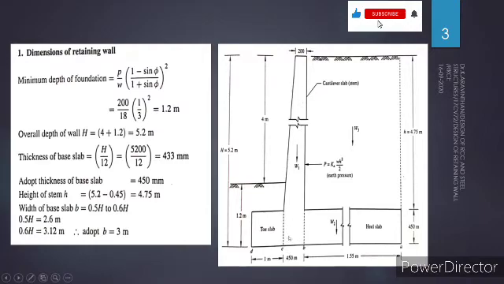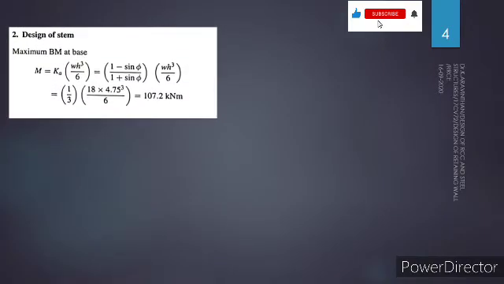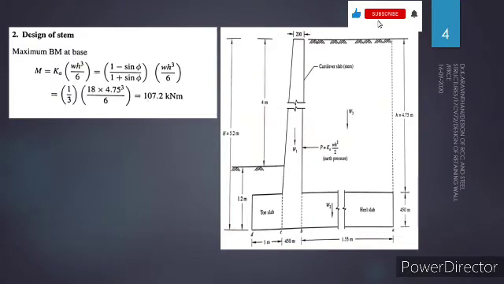So over its overall height, the stem reinforcement will be distributed. Hence you need 0.45 meter for the stem portion reinforcement, and the remaining portion will be 1 meter. Hence we have distributed the heel slab and toe slab width. So next let us proceed to step 2, design of stem.